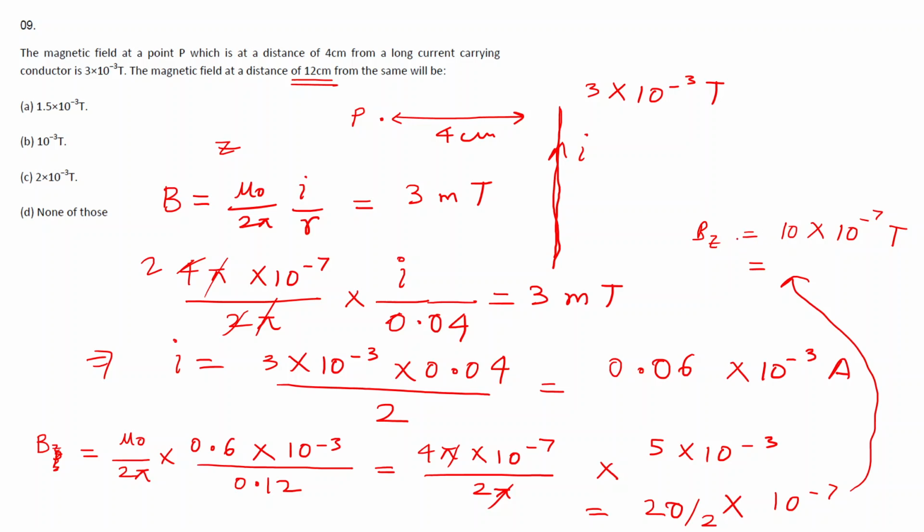And then we do some mistake over 3 millitesla. I think this current value is correct. 3 times 0.04. 0.12 divided by 2 is 0.06 10 to the power minus 3. That is correct. 10 to the power minus 7. 10 times 10 to the power minus 7 means